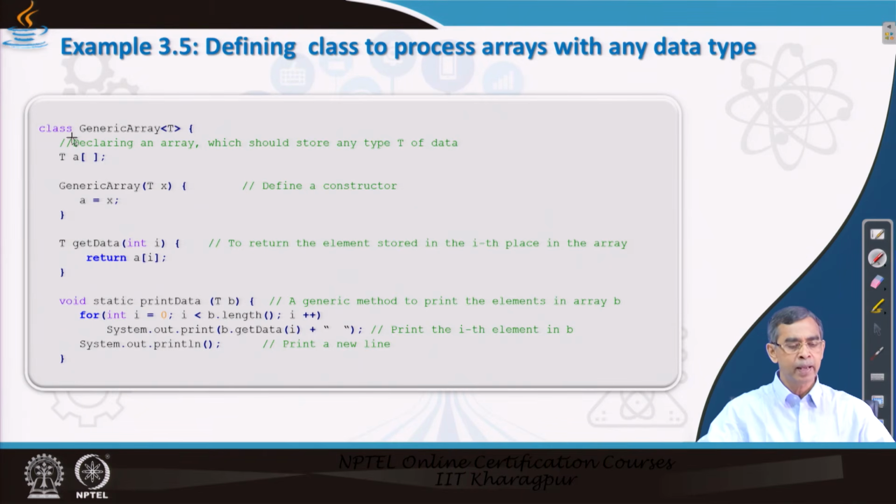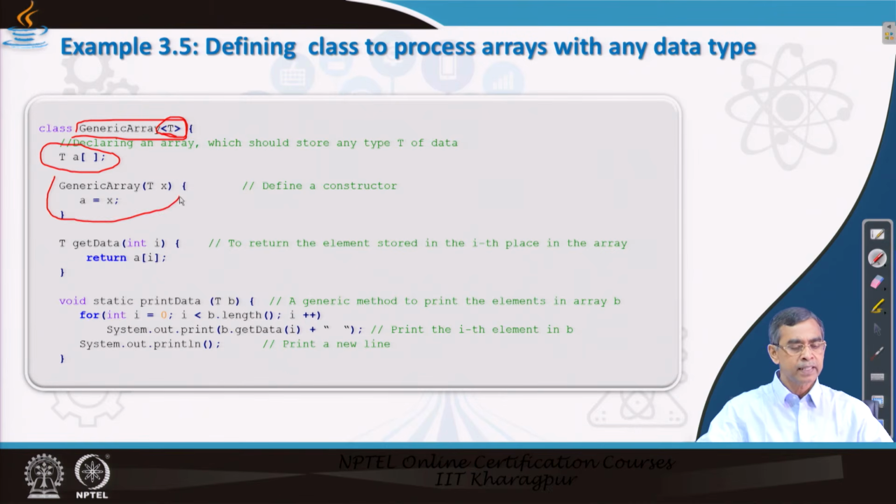This is same as the previous one. We declare within this syntax that it is a generic class. This is the declaration that we have added, other than the existing, as we know how to declare a class, but only the template within angular brackets, that is all. Now, here you see, in the previous example we declared simply an array, but here we declare an array as an array of elements.